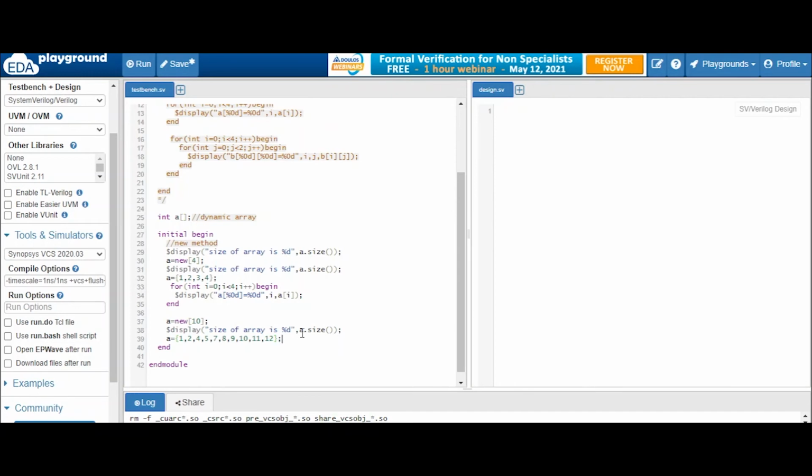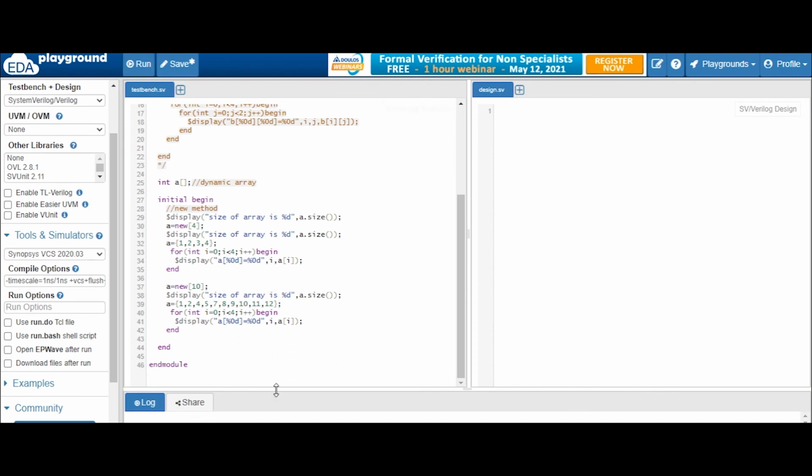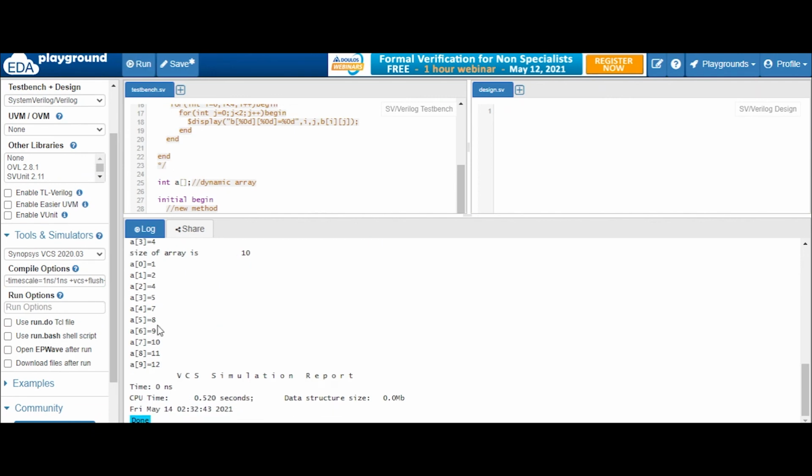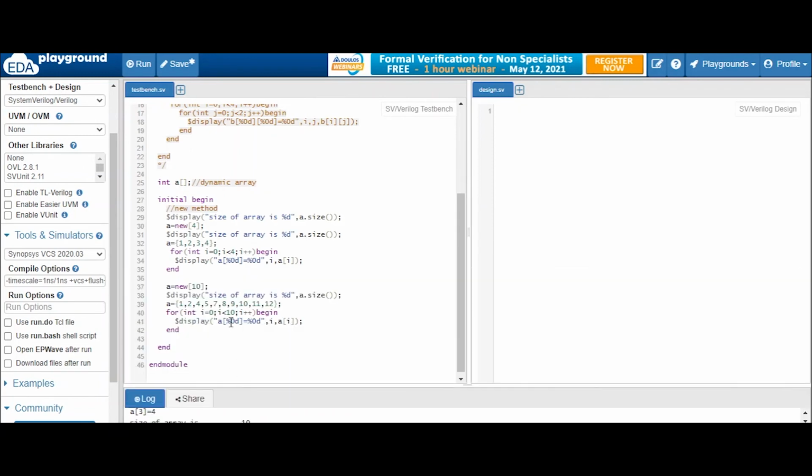Now what we have done is we have assigned 10 elements. Now again display these 10 elements. I need to change the for loop size, so it should basically be 10. After that we will get all the 10 elements. So these are the 10 elements which we assigned, and we are getting these elements. So this was the second case.